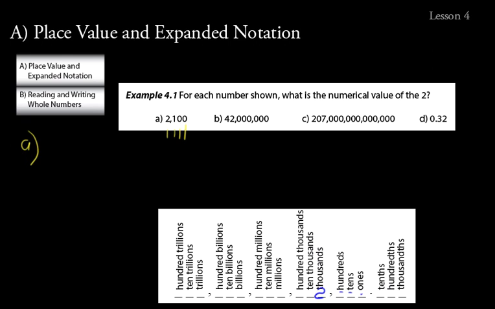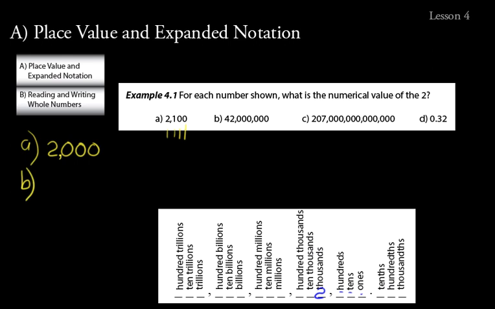So we want to add placeholder zeros to determine its numerical value. So we're not just writing down what place it's in, that it's in the thousands place. We want to write what its value is. So if it's in the thousands place, then its value is 2,000, right? So that's what we're going for here. B,